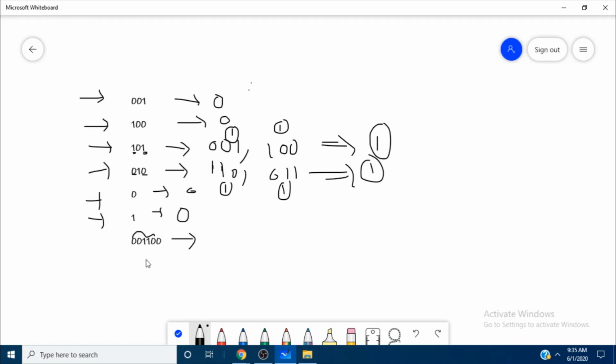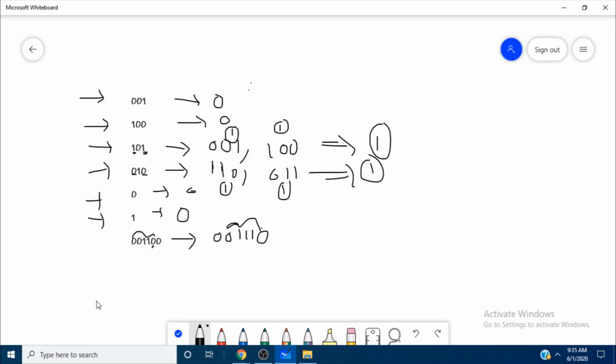Let's see how we can convert. If we change, let's say, this bit, it will have the form 01110. Is this good? Does it contain 010 as a subsequence? So this is also not good.